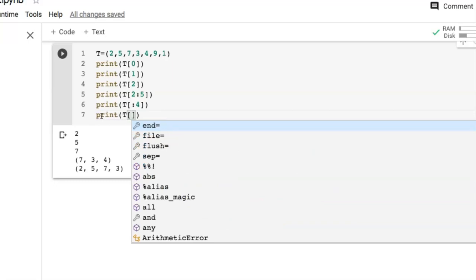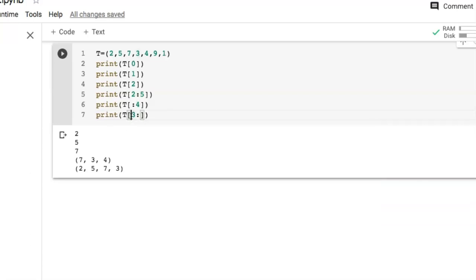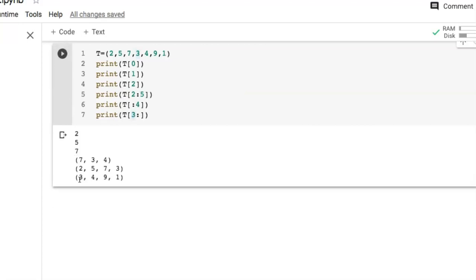So just write 3 colon, means elements will be printed from index number 3 up to end. Let's run this, and we got value 3, 4, 9 and 1, means this 3, that is index number 3, then 4, 9 and 1.